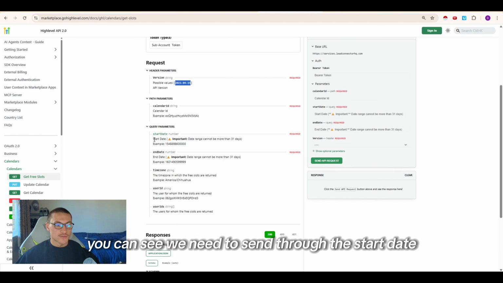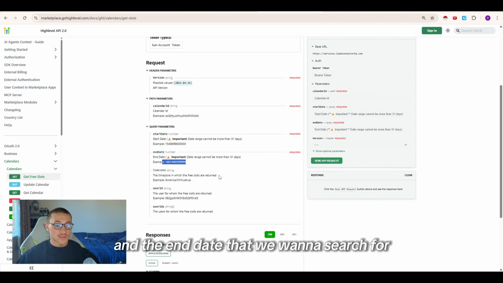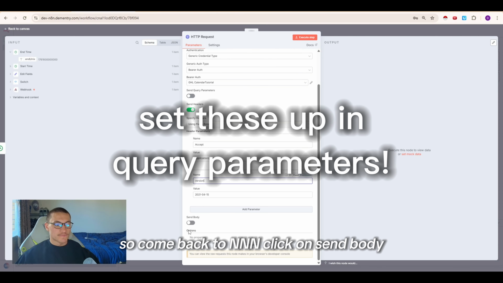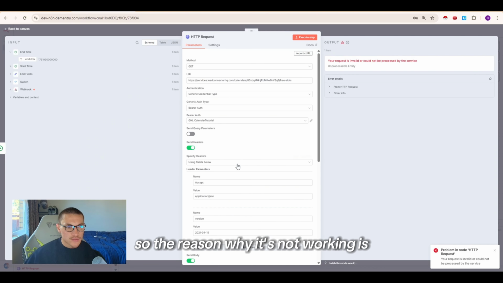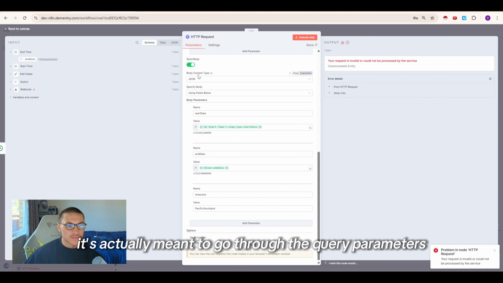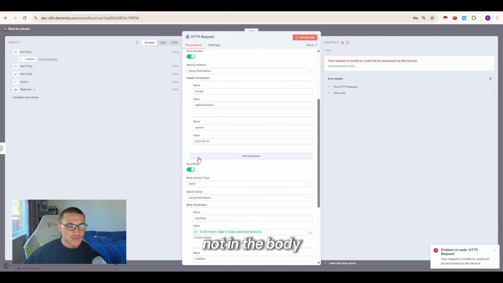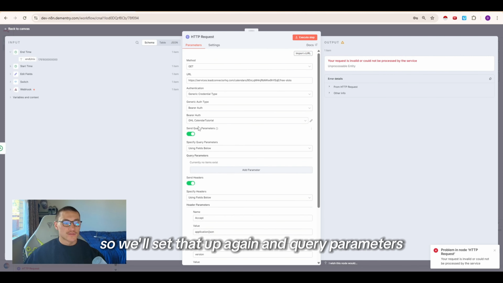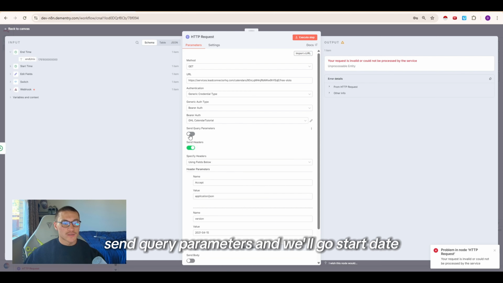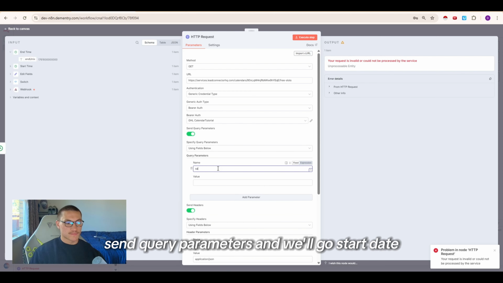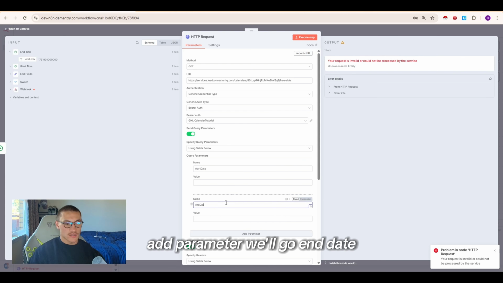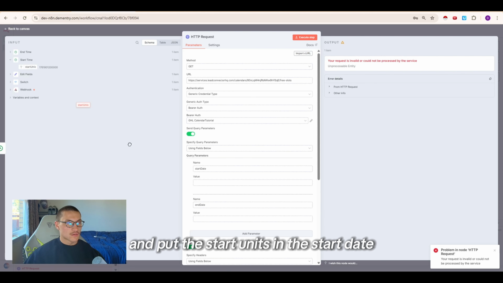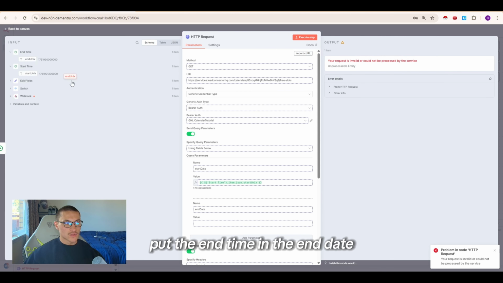You can see we need to send through the start date and the end date that we want to search for. So come back to n8n, click on send body, and then we can just use fields below. So we'll go start. Okay, so the reason why it's not working is because it's actually meant to go through the query parameters, not in the body. So we'll set that up again in query parameters. So switch on query, send query parameters, and we'll go start date, add parameter, we'll go end date, and we'll put the start Unix in the start date, put the end time in the end date, we'll hit execute step,